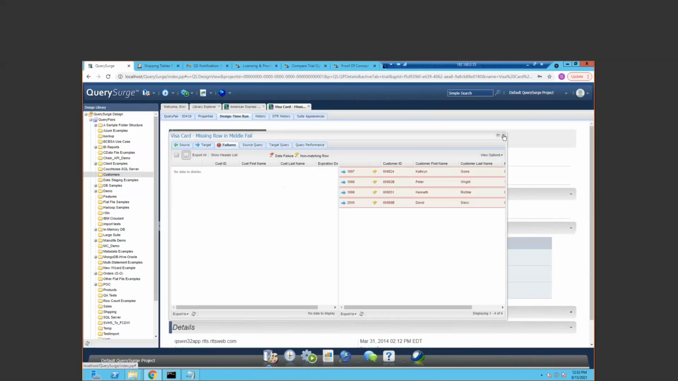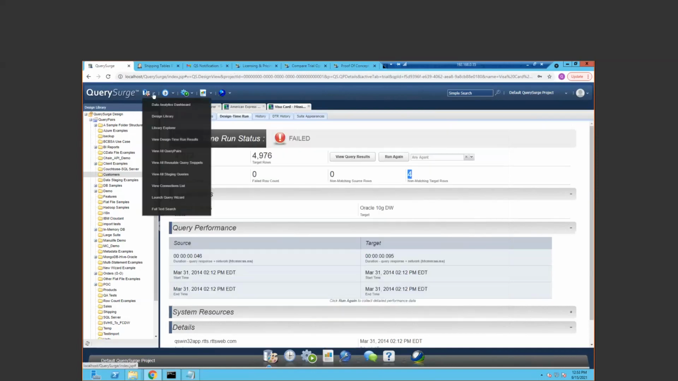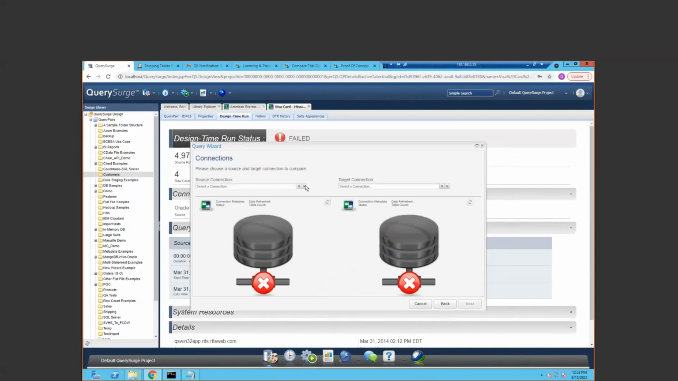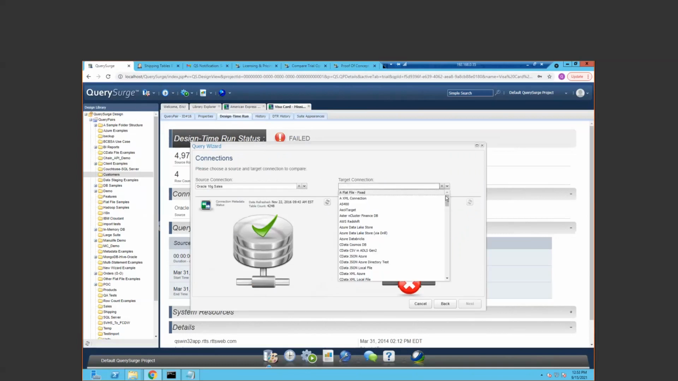As I mentioned, when you're building QueryPairs, you can either type in the queries directly, but the other option we have is a query wizard. The query wizard is a graphical interface that allows you to build and execute these tests. The first step in the wizard is to define what your source and target systems are. Just like we saw in the query pair, you'll see the same drop-down menu, and I'm going to choose our same environments because this is where we have our sample data set up. So I have my Oracle Sales database as my source,